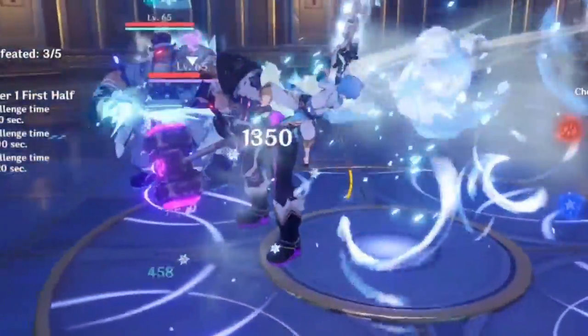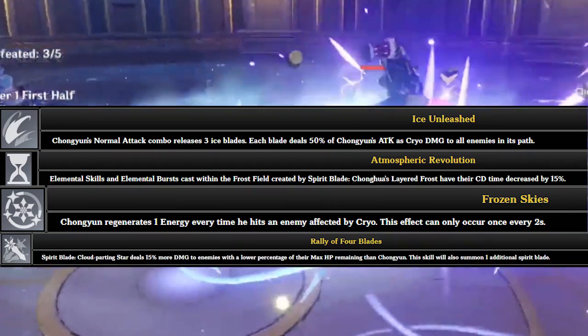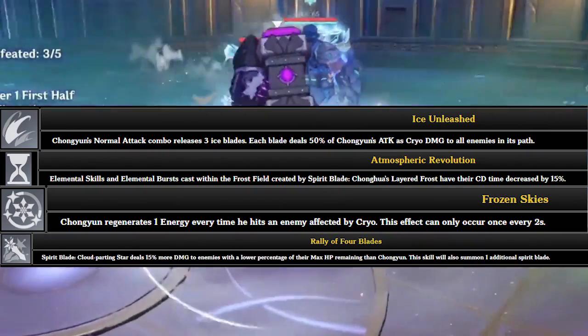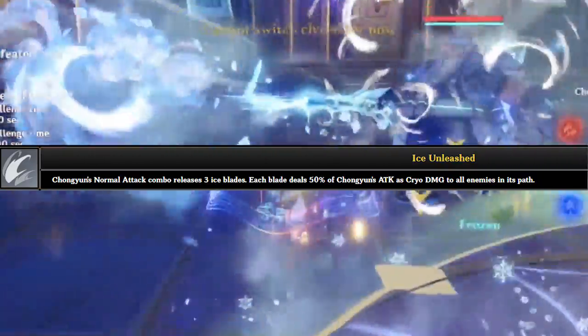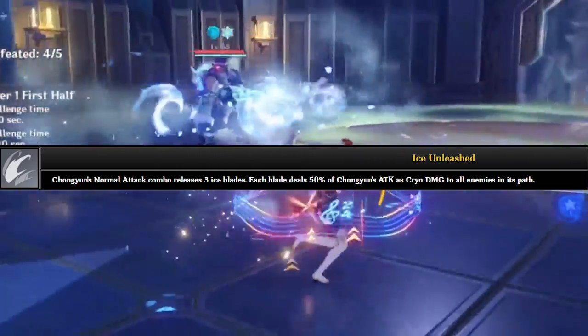His important constellations are C1, C2, C4, and C6. But if you're using him as a sub DPS, he does not really need constellations to make him shine. His C1 causes his normal attack combo to release 3 ice blades, with each blade dealing 50% of Chongyun's attack